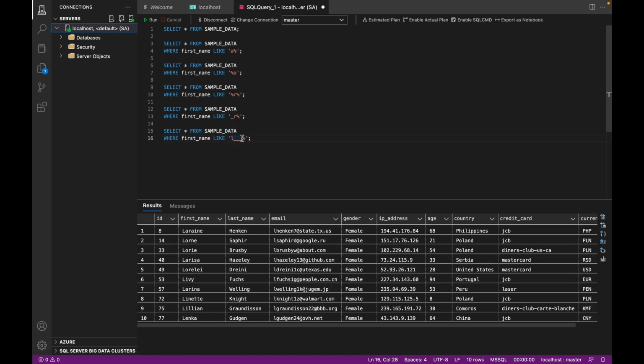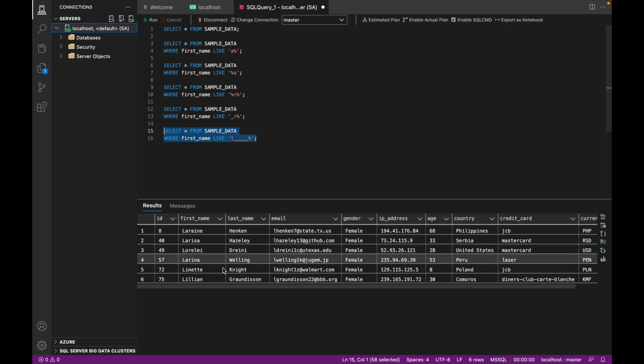So suppose I put 1 more or 2 more underscores, she should be removed from the table because her name is only 4 characters long. So you can see we've lost Livy along with some others who were shorter. And then